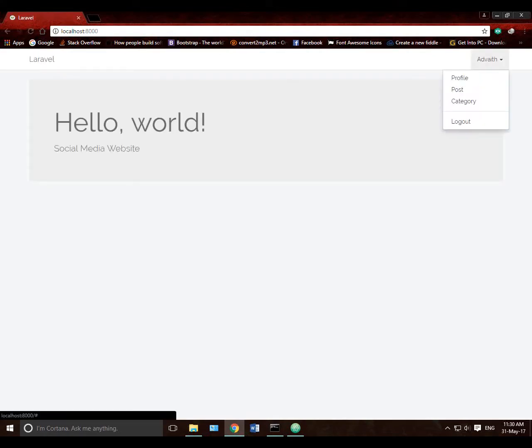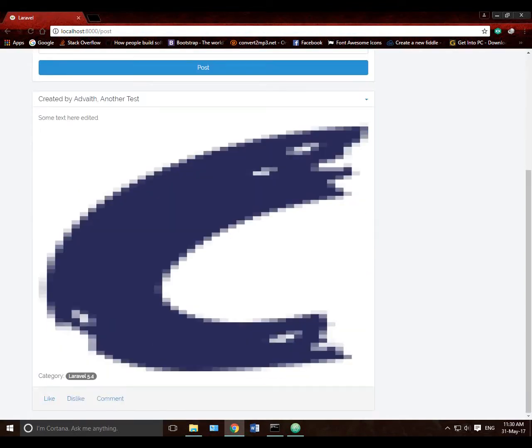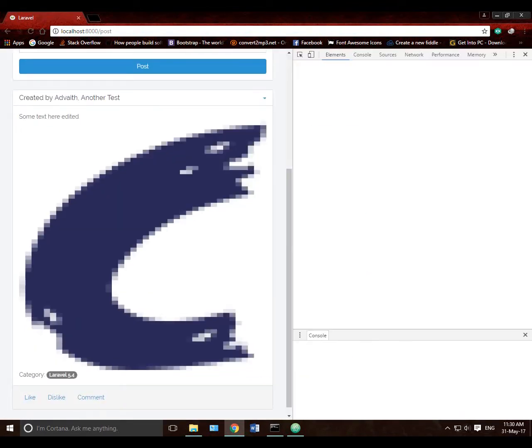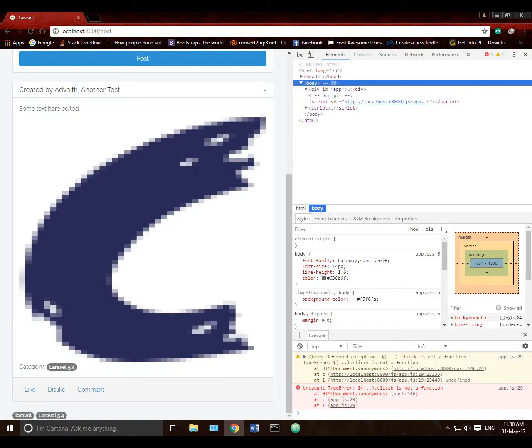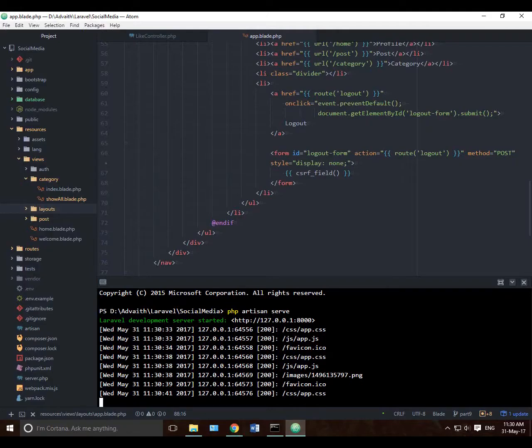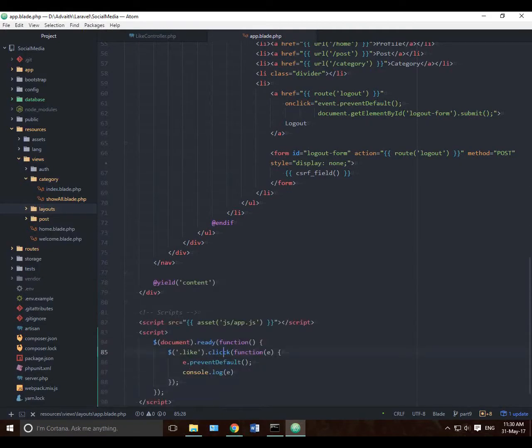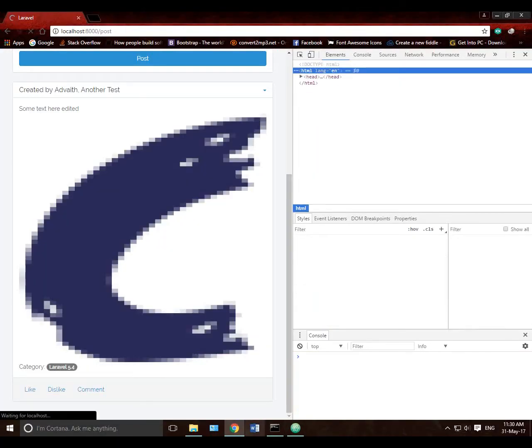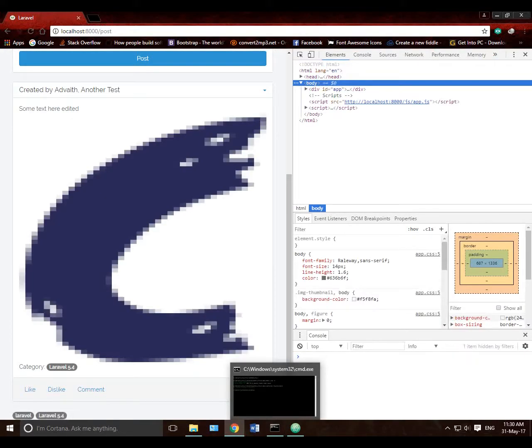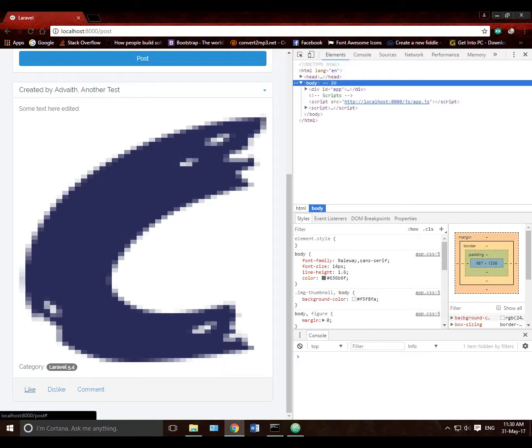Just run php artisan serve. Open up your localhost 8000. Go to post here. Click, is only one click enough. Okay, now when we click the like button, we can see